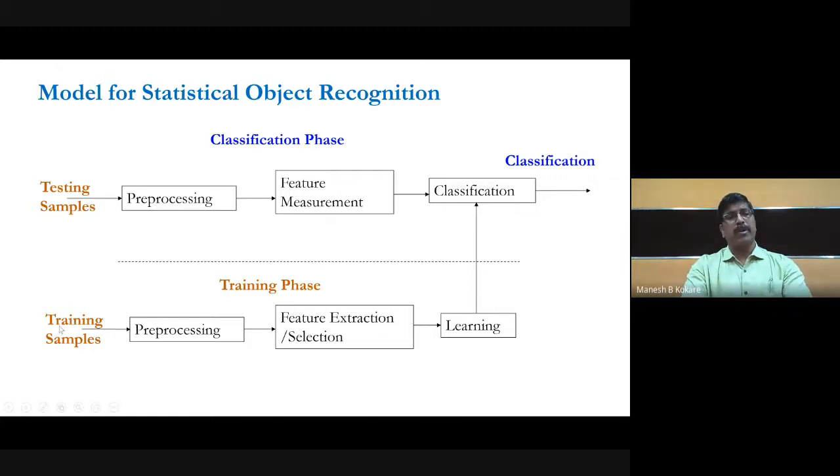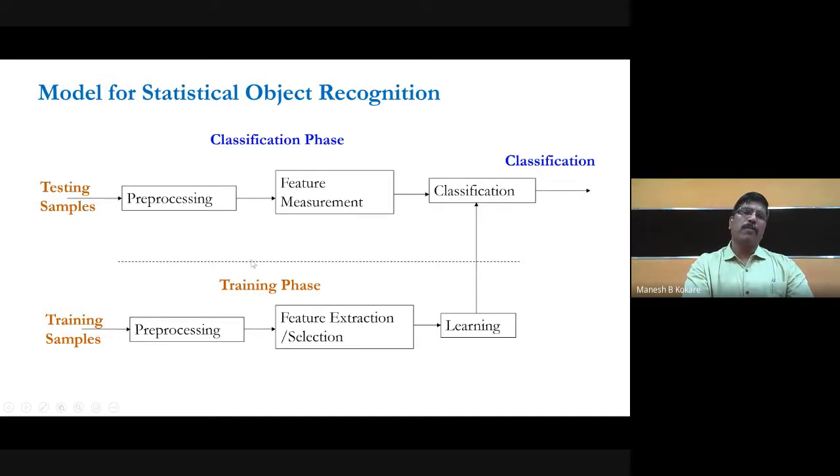For example, if you are using the 10-fold approach for validation, then 9 folds are used for training and 1 fold is used for testing. If you are using the 2-fold approach, then 50% of samples are used for training and 50% for testing. If you are using 3-fold, then 2 folds will be used for training and 1 fold for testing.